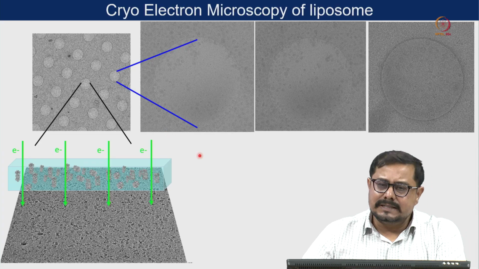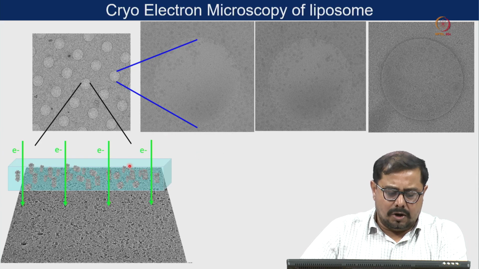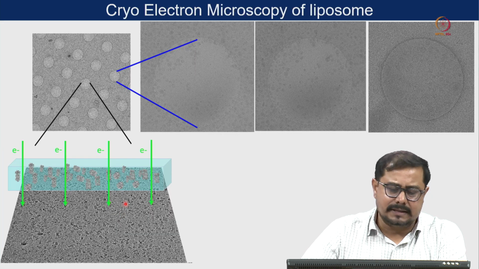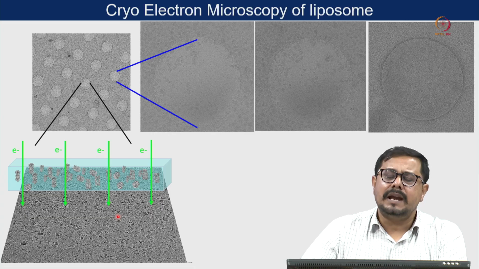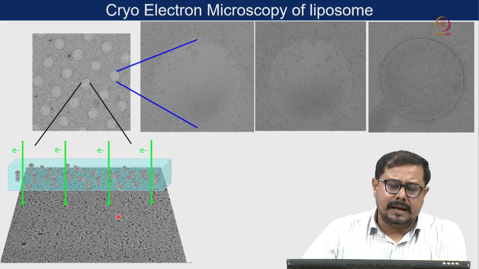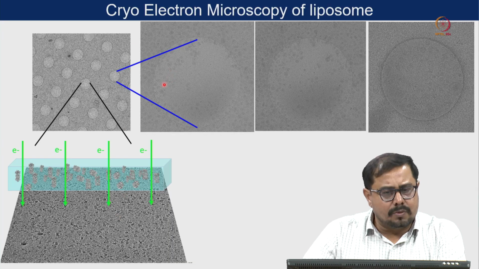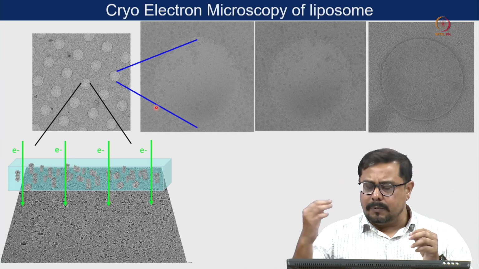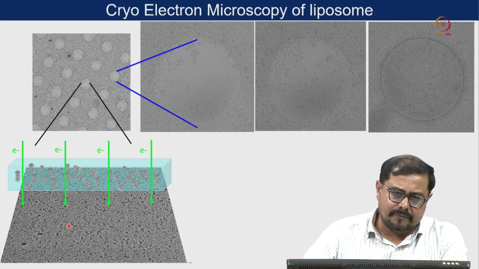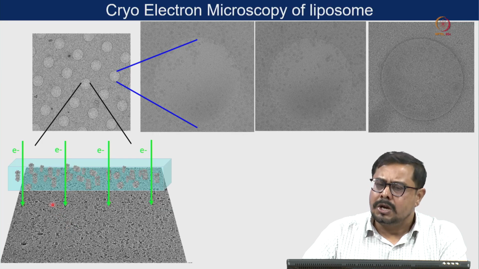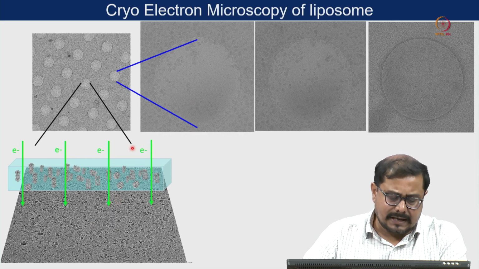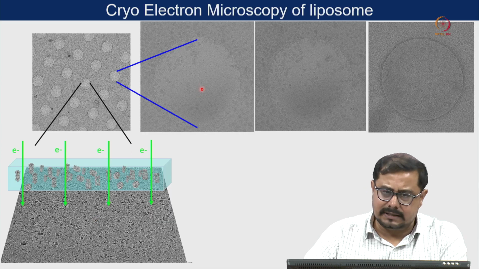Now if you consider liposome and the protein molecules, definitely liposome sizes are much bigger than our protein sample. Generally liposome size minimum you can make it 100 nanometer, 200 nanometer, and you can make much bigger sizes also. Sometimes liposomes fuse with each other and make a very large vesicle. But the size of the protein will be only 5 nanometer or 8 nanometer. So if you compare, the size of the protein is much smaller than the liposome.